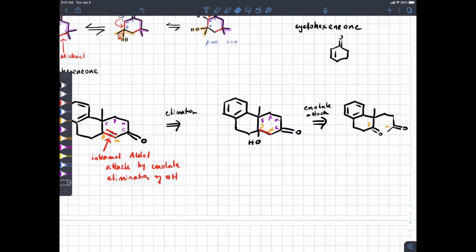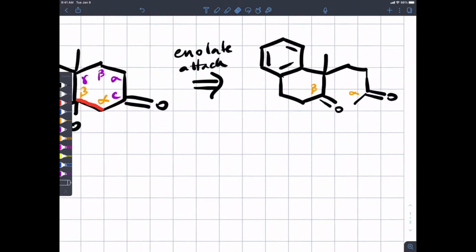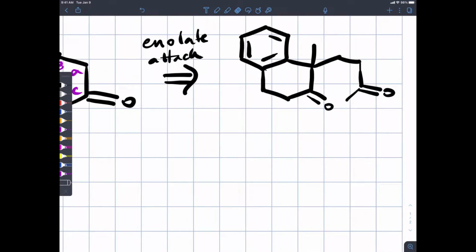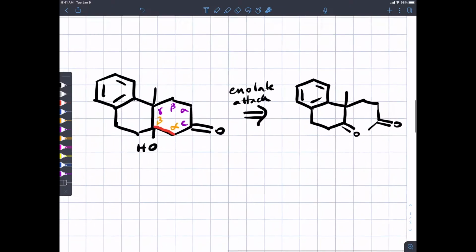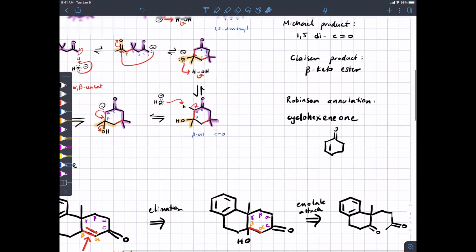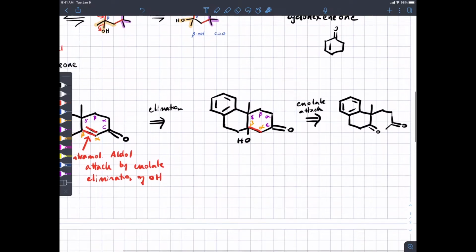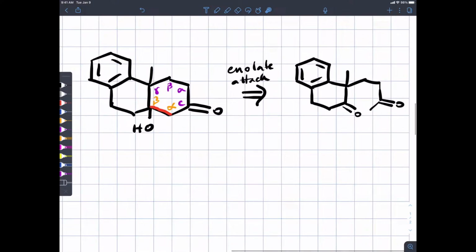You good? Okay. Notice that now that we've thought backwards, those two carbonyls are 1, 2, 3, 4, 5 atoms apart. So that's a 1,5 dicarbonyl, which is a Michael product. So now we're not going to need to number anything over on this side anymore because we've taken care of it, but let's continue